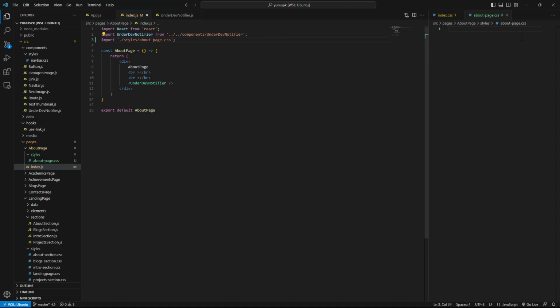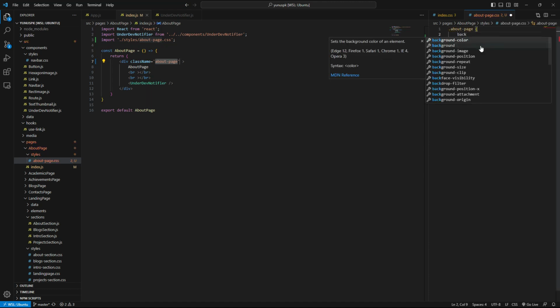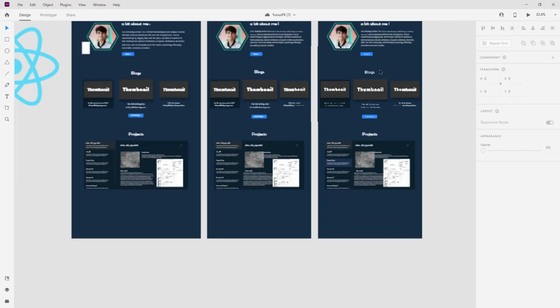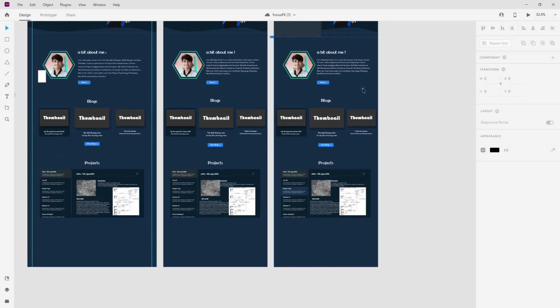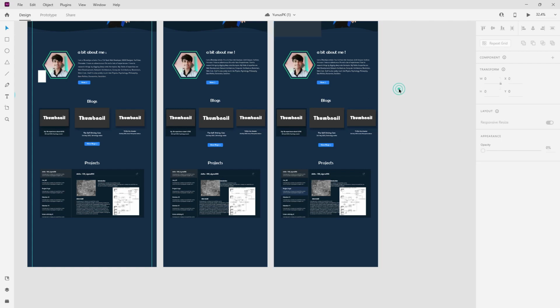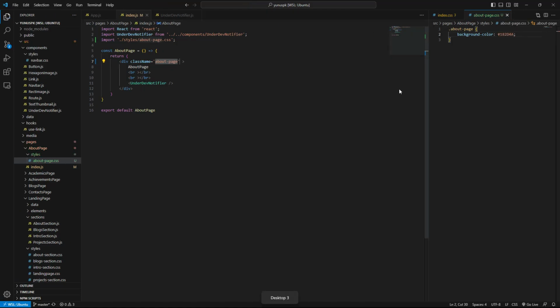And now in the about page CSS, okay, first of all what we're gonna do is we're gonna give it a class name, and that's about page. I'm gonna give it a background color of this. So this will be the background color in almost every page.